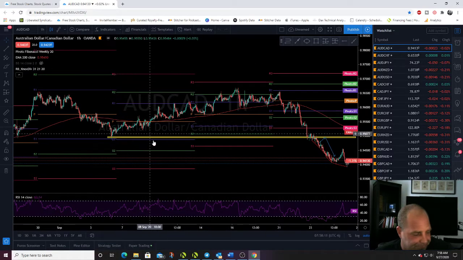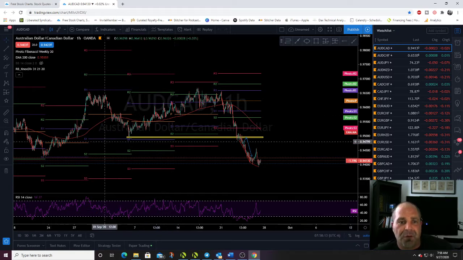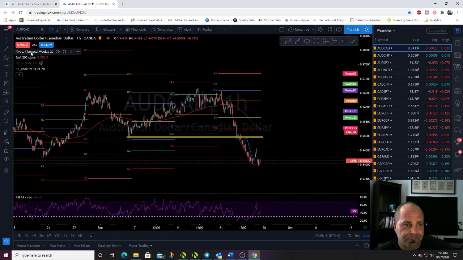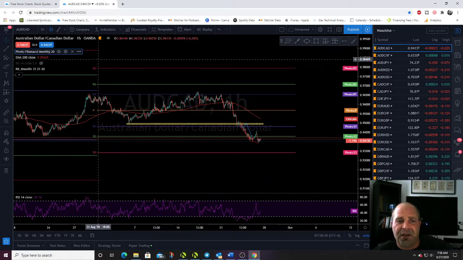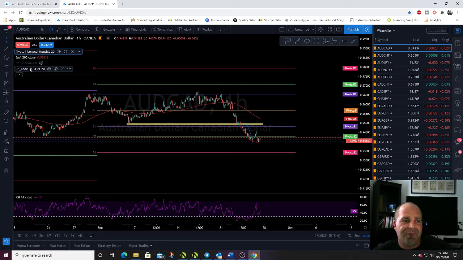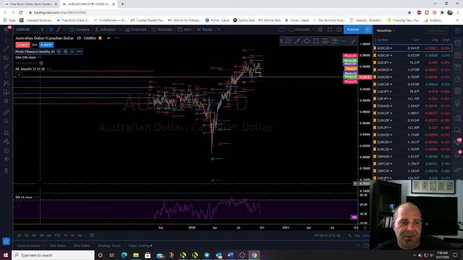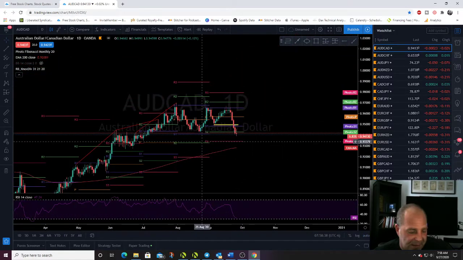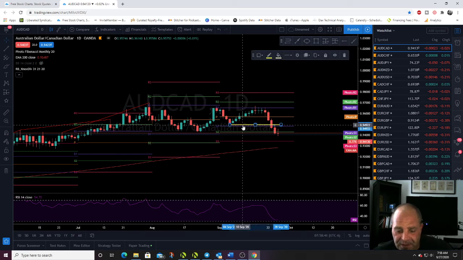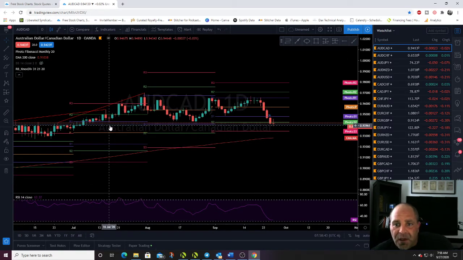All right, just a quick review. I have the standard pivots indicator on the Fibonacci setting, and I have it locked on weekly. Now, what we're going to do is move it to monthly because we're going to be looking at larger time frames for the Sunday setups. I'm going to go to a daily chart, and we want to see what's happening on the monthly here. All right. Here, let's just see what happens if we go